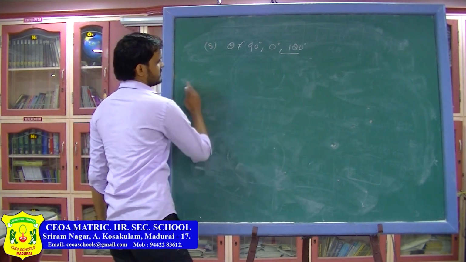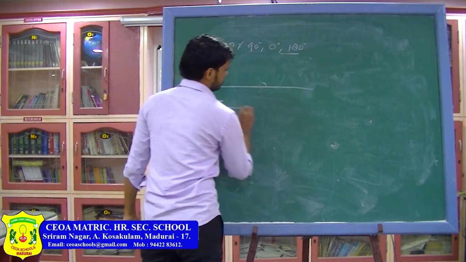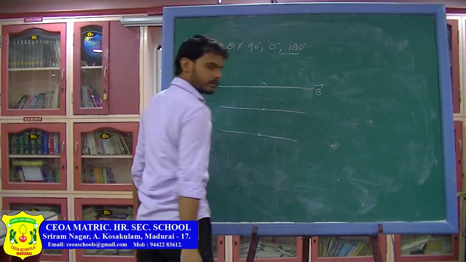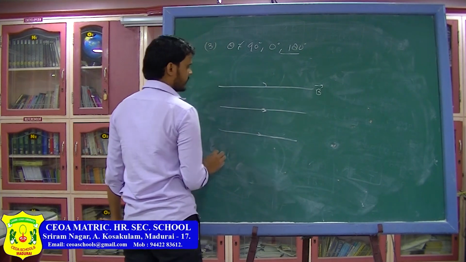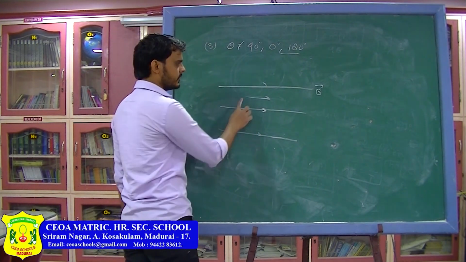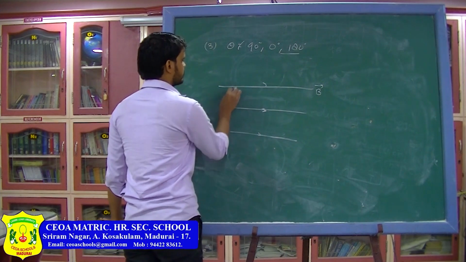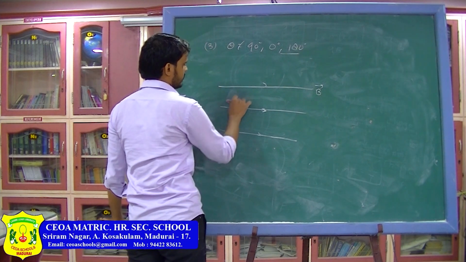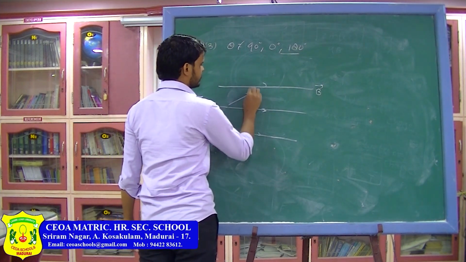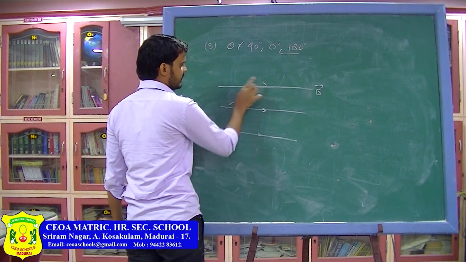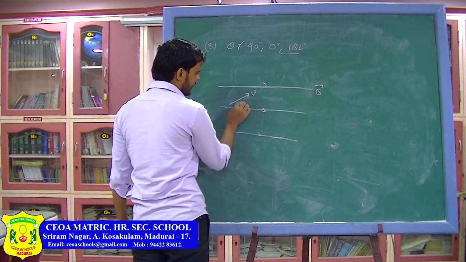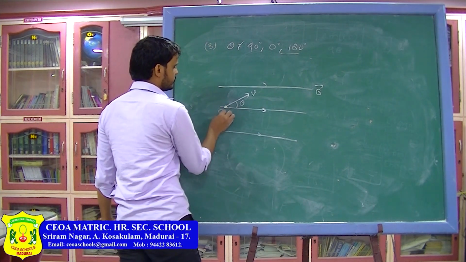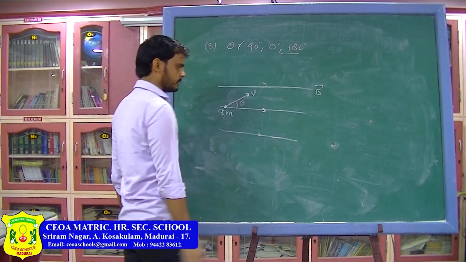So now let's draw the diagram. Here the magnetic field is in this direction. If I am throwing the particle like this, that case we have already done. This case also we have already done, where the velocity and magnetic field are perpendicular to each other. So now the particle is moving like this. The initial velocity of the particle is in this direction. Here the angle between velocity and magnetic field is theta. The charge is q and the mass of the charge is m.